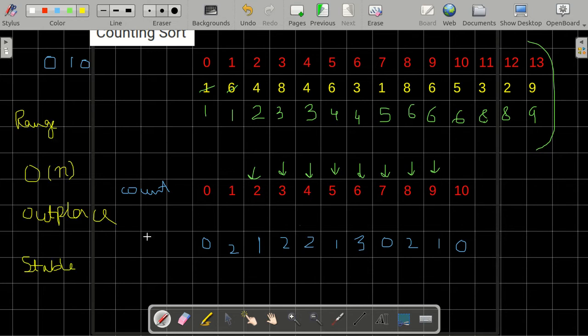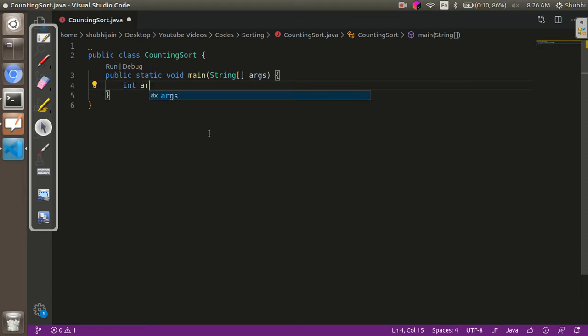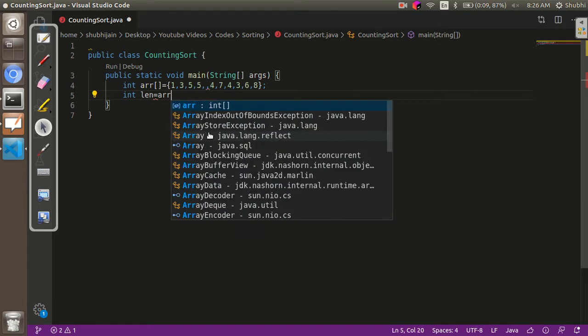Now let's code the counting sort algorithm. So over here I'll have an array and I'll store my numbers. Then I'll take a length integer.